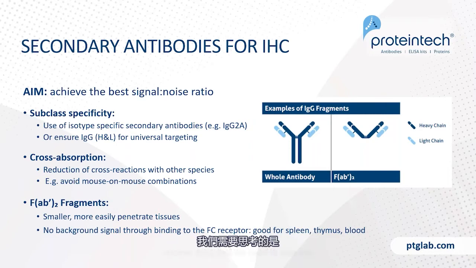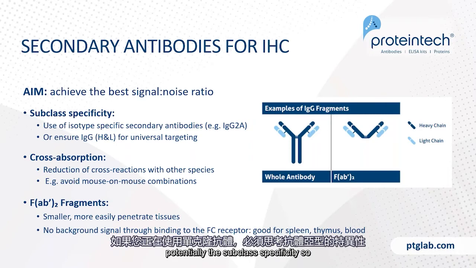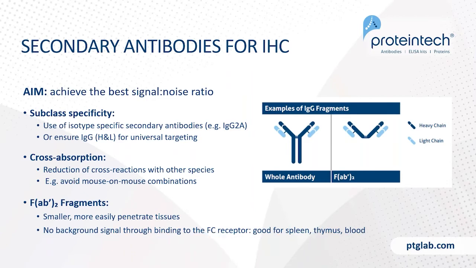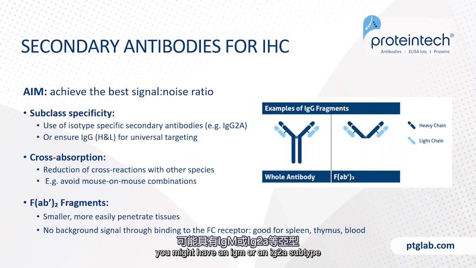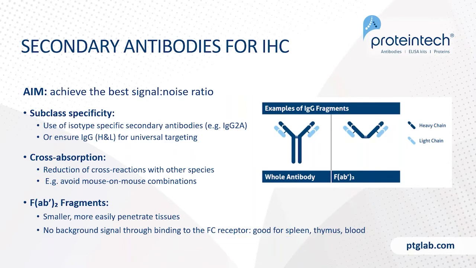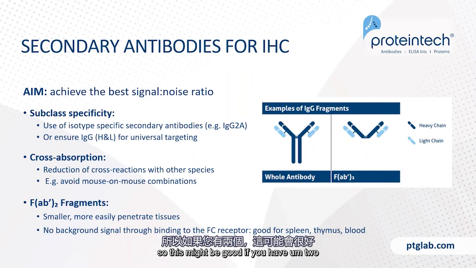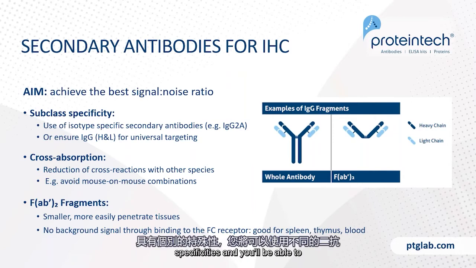Another thing that we need to take into context is potentially the subclass specificity. This is applicable if you're using monoclonal antibodies. Different monoclonal antibodies, primaries, might have different subclasses of isotypes. So you might have an IgM or an IgG2a subtype, and you can also get secondaries that will specifically target these different subtypes. This might be good if you have two different primary antibodies raised in mouse, and if you know that they have different isotype specificities, then you'll be able to use different secondaries in order to